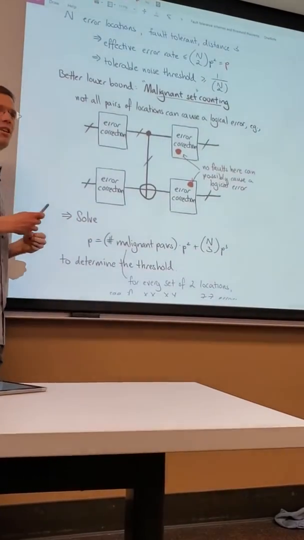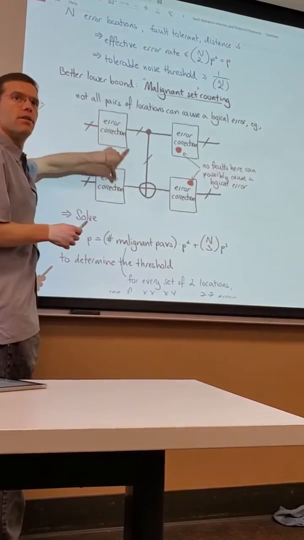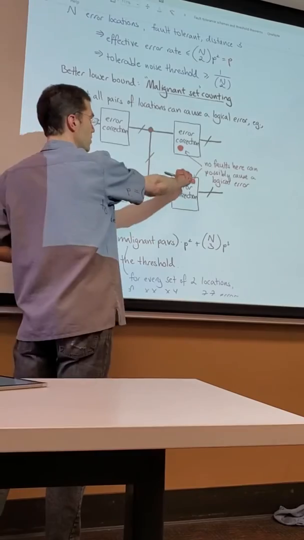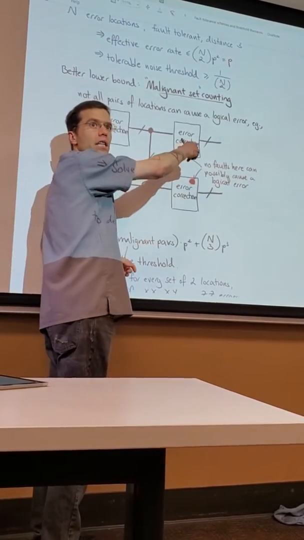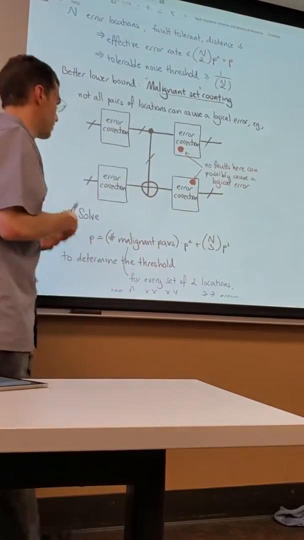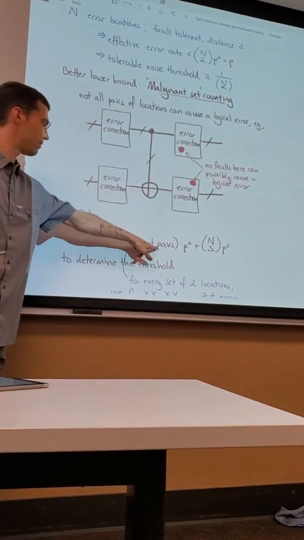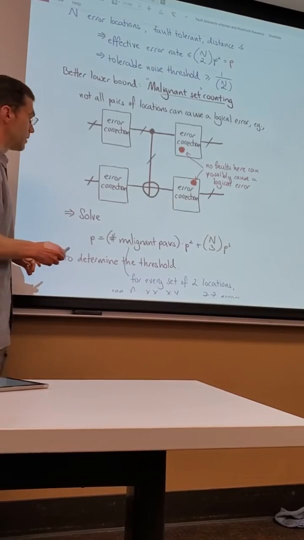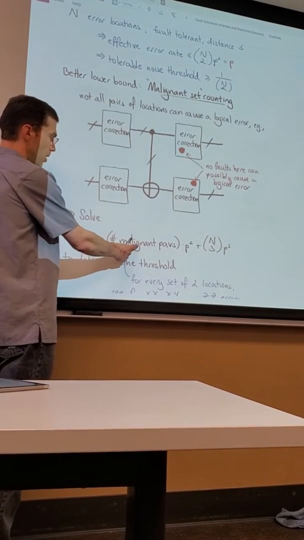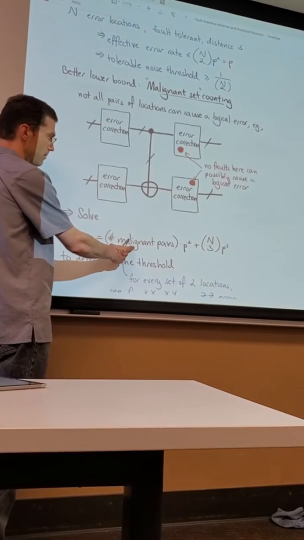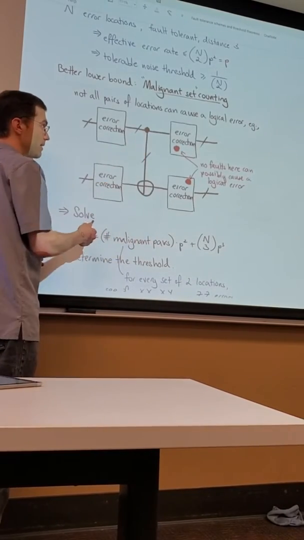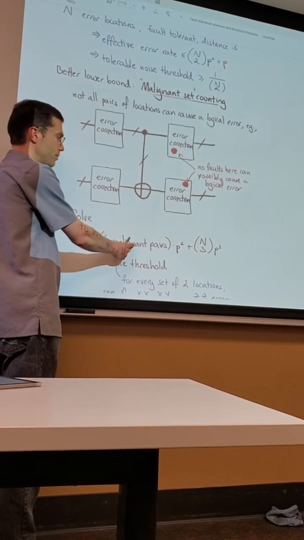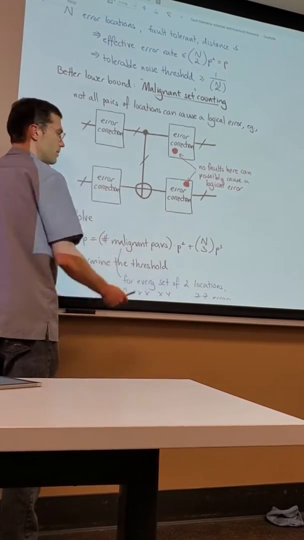And so what we do is we count in a computer. Usually in a computer, we iterate over all pairs of locations, and we check which subsets of 2 can possibly cause a logical error on the output. And that's the number of malignant fault pairs. And then what their paper shows is that you can model this as saying the effective noise rate at the next level of encoding is the number of just malignant pairs, which is possibly much less than n choose 2 times p squared.